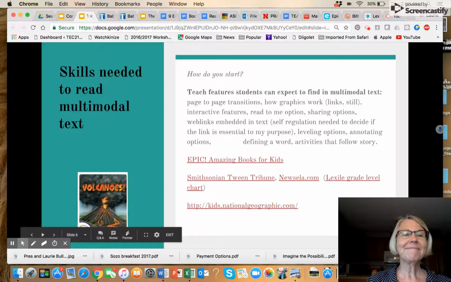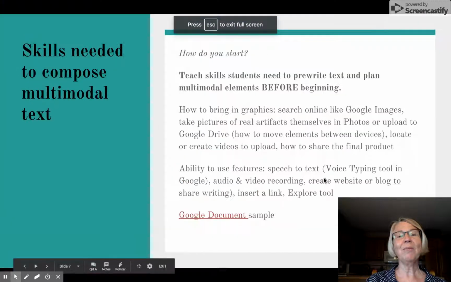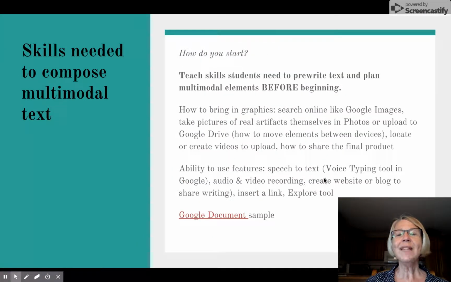Skills needed to compose using multimodal text. So always, again, you want to have students pre-write text and